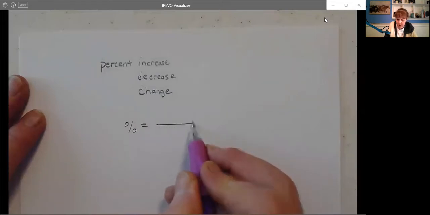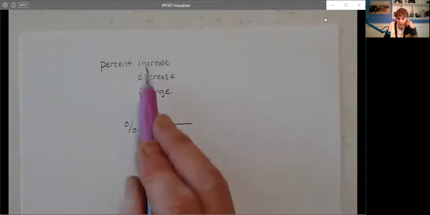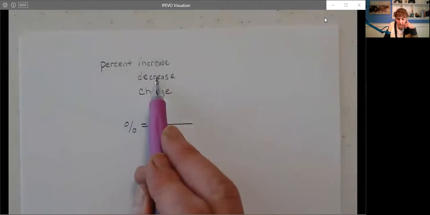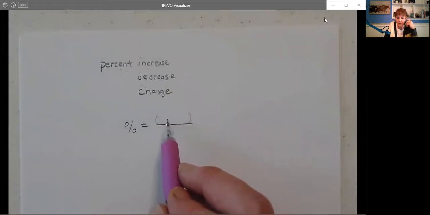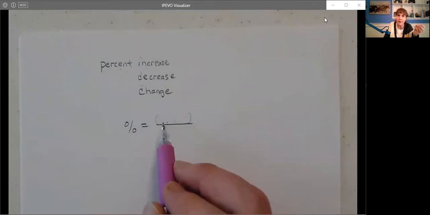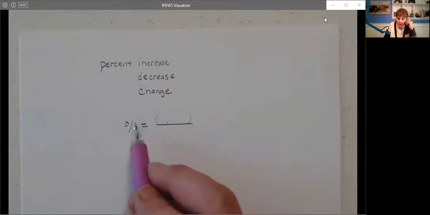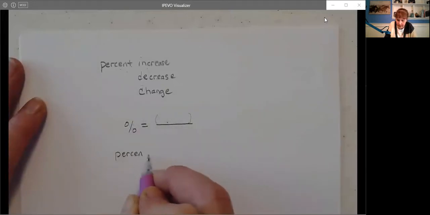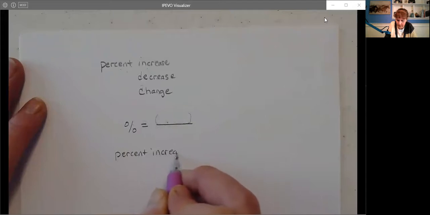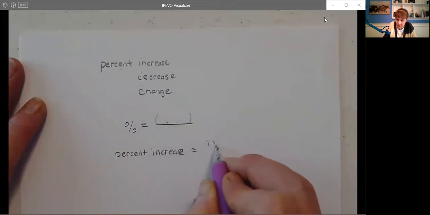Okay, when I want a percent increase or a percent decrease or a percent change, that means this up here has to be the increase or how much of a decrease or how much of a change. It goes back to the M&M. I had 20% were the orange. And so when I multiplied it by the total, I got how many orange. So these two are related. So if I want the percent increase, I'll write it out. I will have how much of an increase